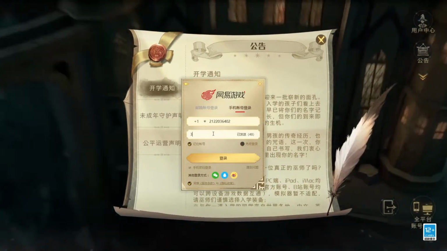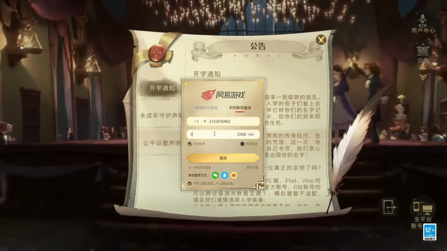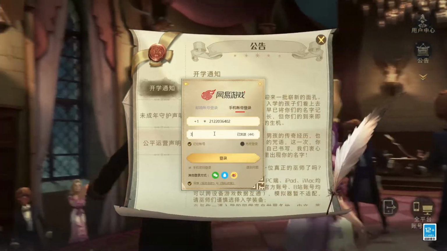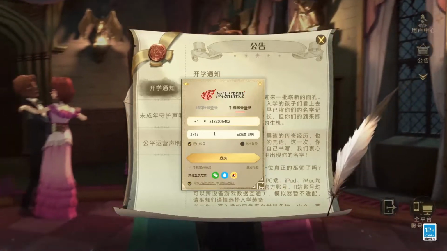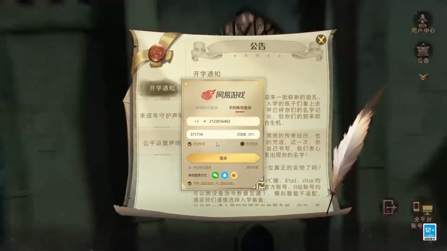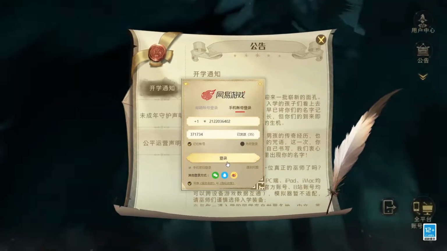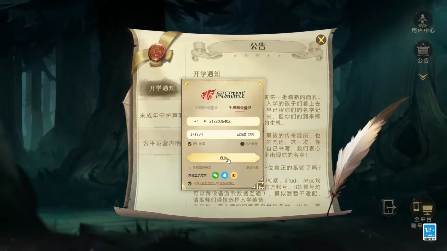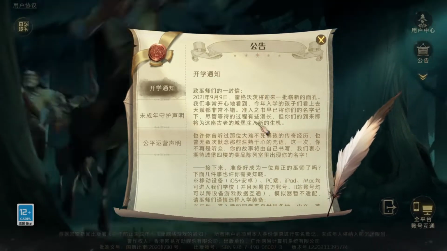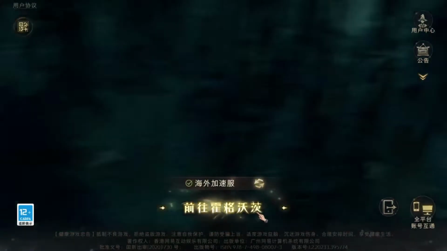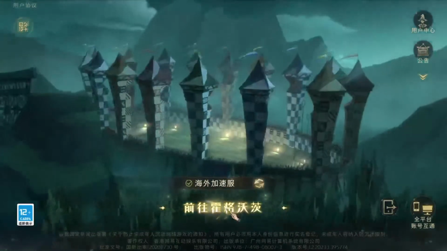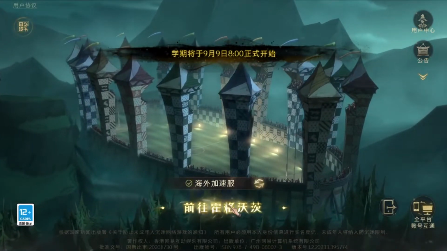If you actually played in the beta before on the Chinese server, then it's going to be a little bit easier for you. You're just going to be able to put your number in. It's going to work. And then after that, you're going to want to go to this Chinese license registration, like fake ID site. I know it sounds super sketch, but it has a list of names, a list of ID identification numbers,